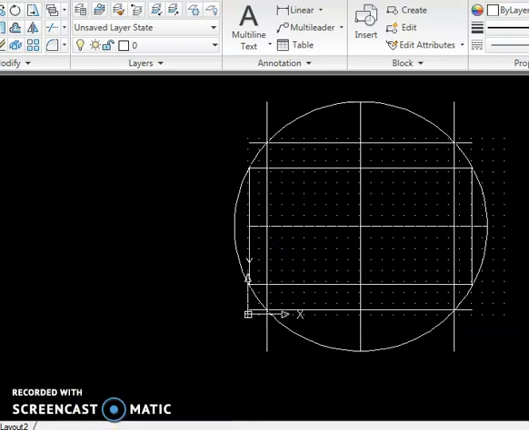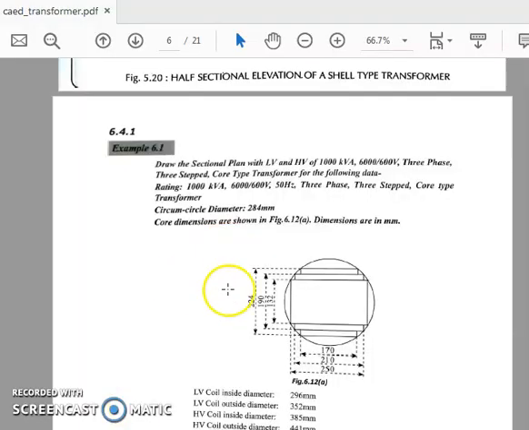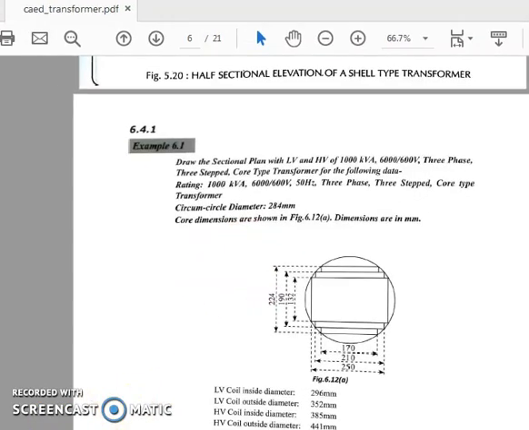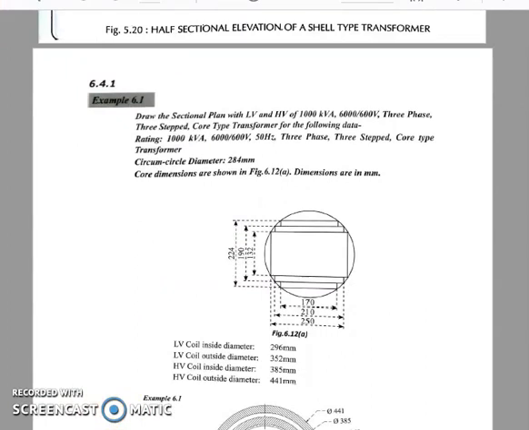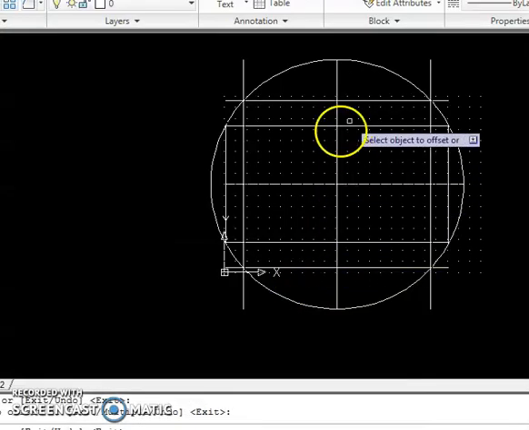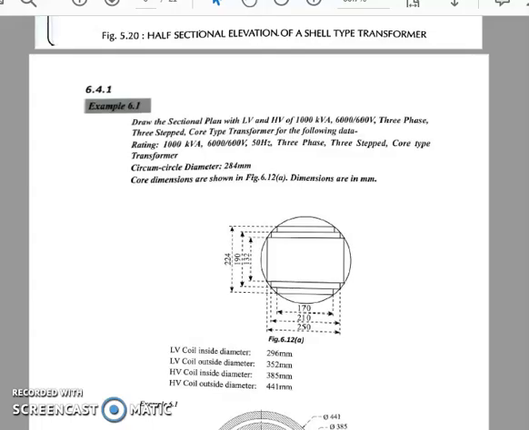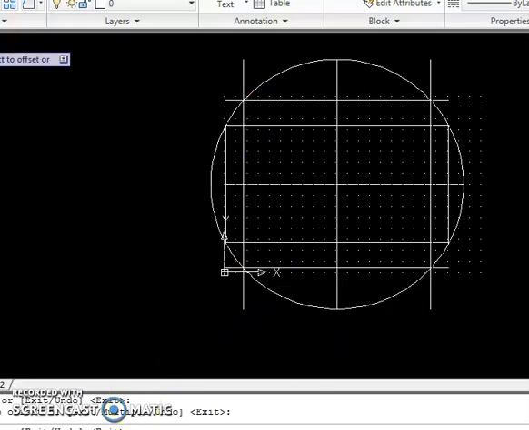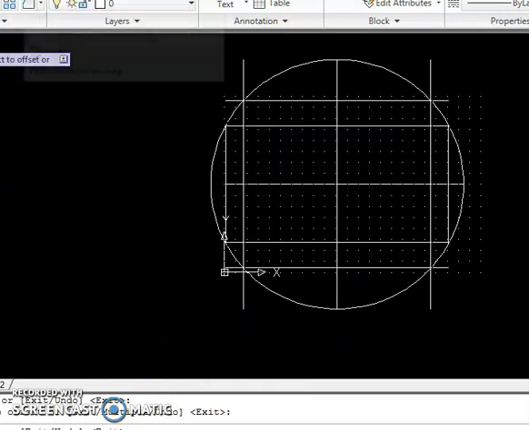Okay. Fine. Now, as I told, what we have to do? Before that, we'll draw one more so that everything will be completed. Where is that? See here. Now the last one, it is at 224. It is 112. So again go to the offset command.